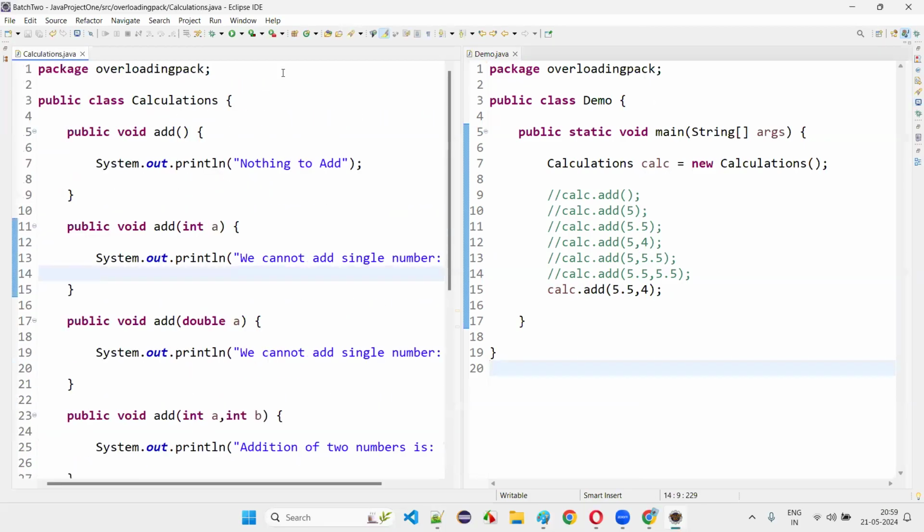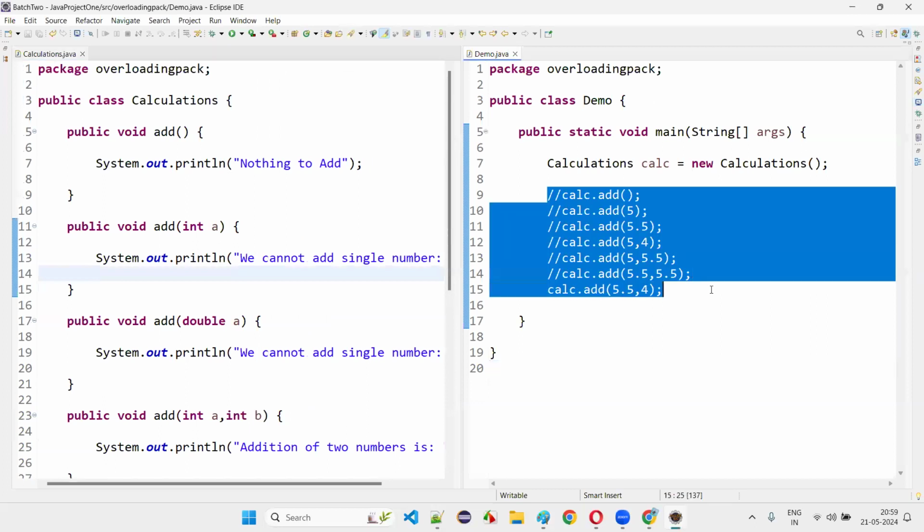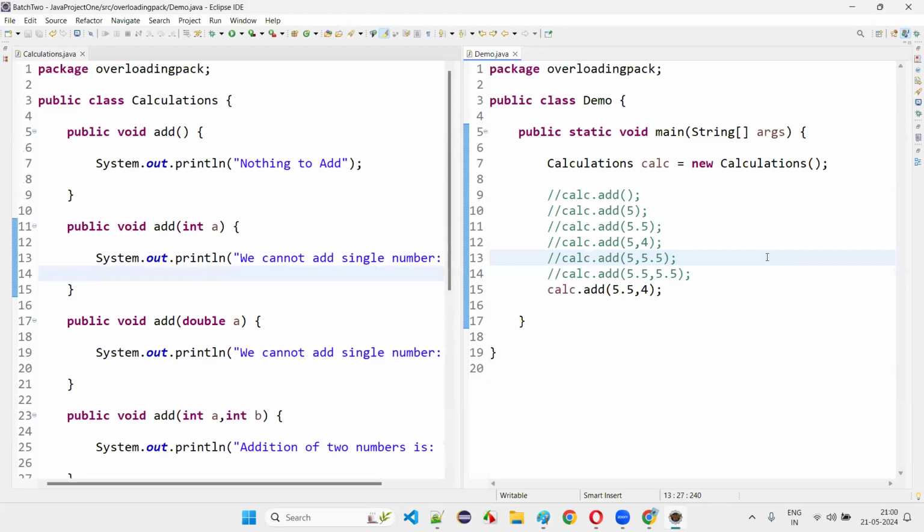Based on the type of the arguments you are passing, the different overloaded methods will be called. That's what the thing is. Okay. Now